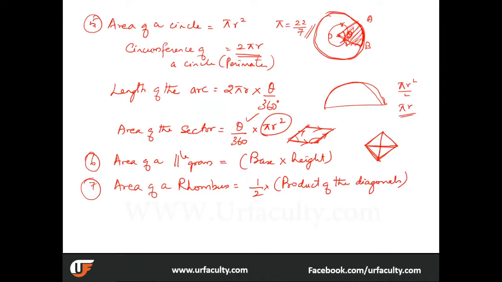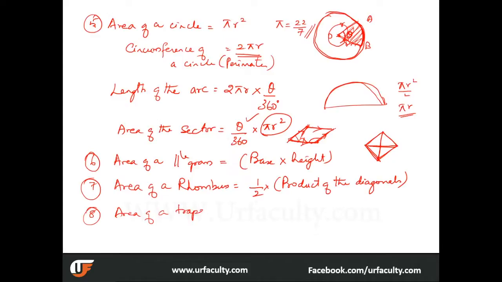So in this case, just like your triangle, base into height. Height is basically the shortest distance between the two parallel lines, and the base is the corresponding base. So when you draw a 90-degree line from the opposite side to the opposite side, you get the height, and base into height is the formula for a parallelogram. And last but not the least, area of a